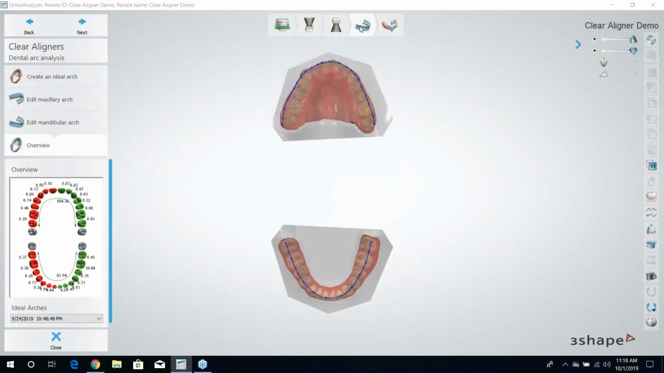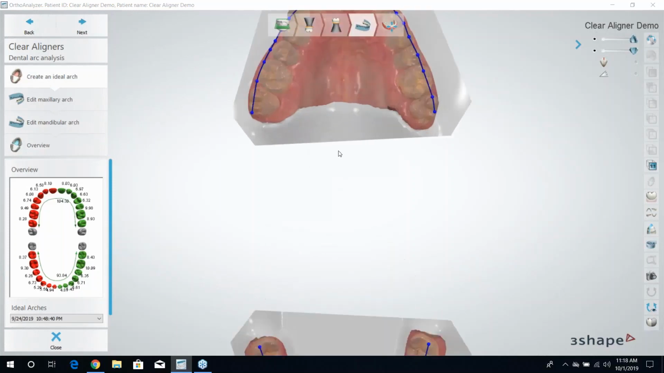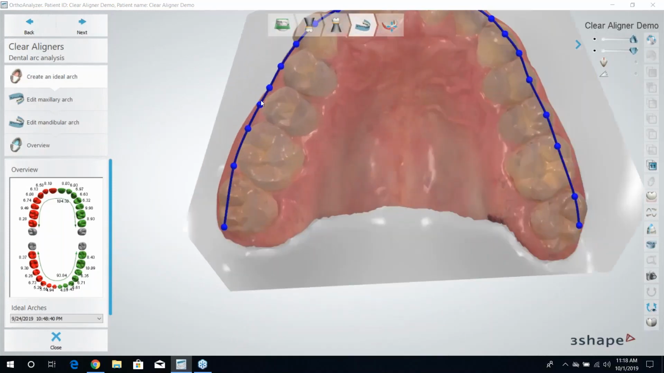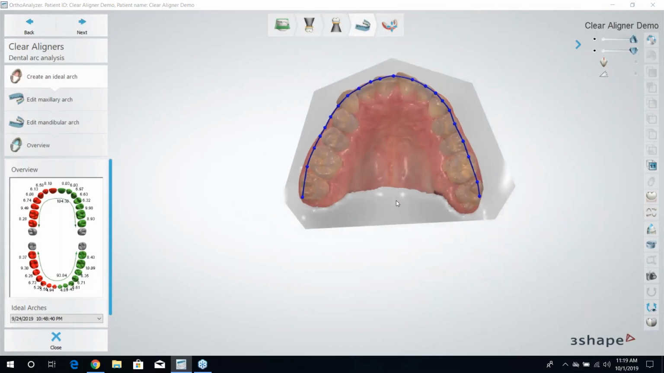Okay, so now we are in the ideal arch phase. What this allows us to create is a visual ideal arch. This is purely visual. This doesn't restrict your tooth movements at all. It really just provides you with a visual guide when you're moving these teeth, because if you don't have this, once you start moving them, it's easy to lose track of where that ideal arch is